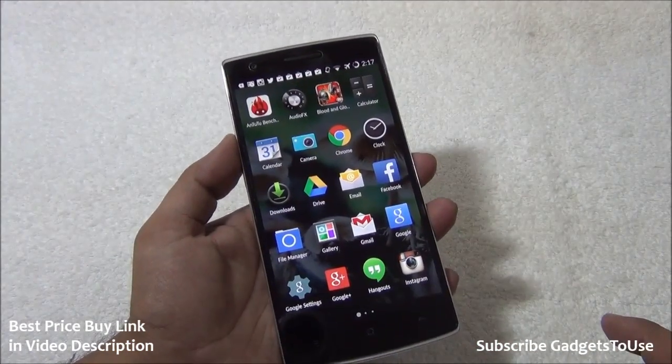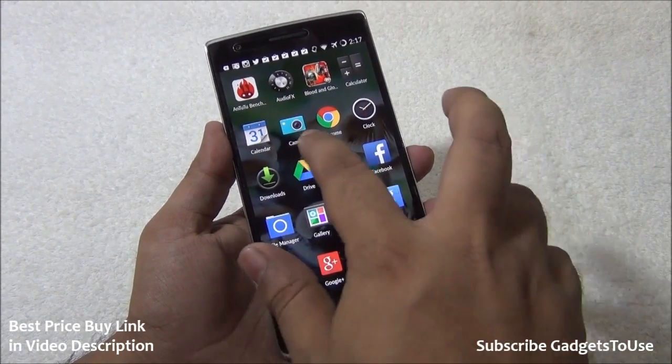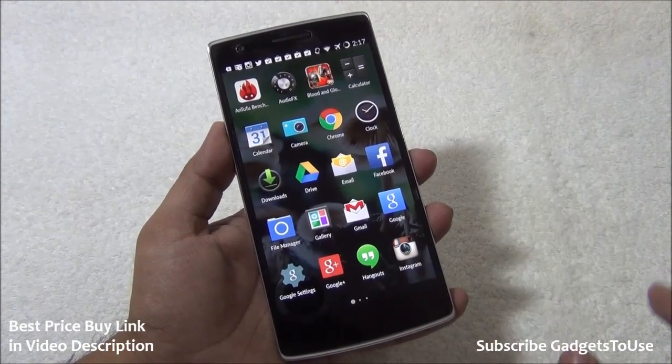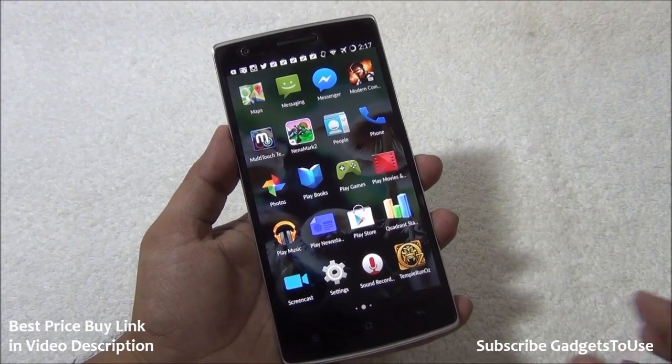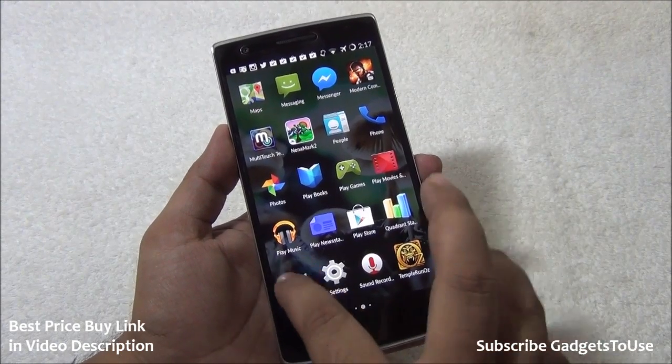Taking a look over the applications, these are all the applications which you will get pre-installed. So you have camera application, which is a stock Android camera application, slightly customized. You have a file manager which will also come pre-installed. You have regular Gmail application like Hangout and other things. We do have some other applications as well like sound recorder, and you also have screencast